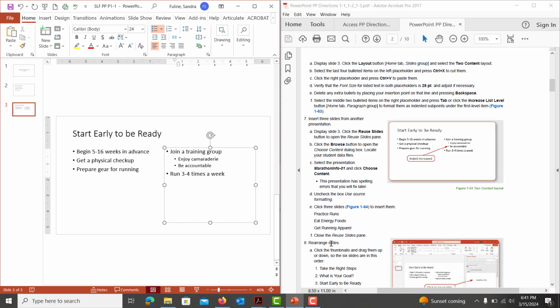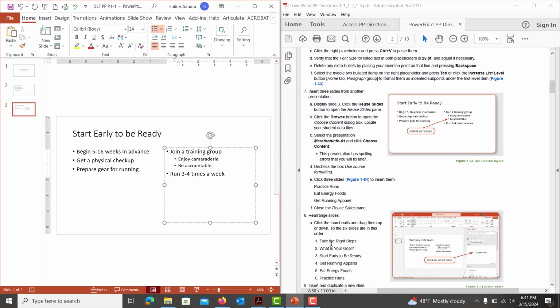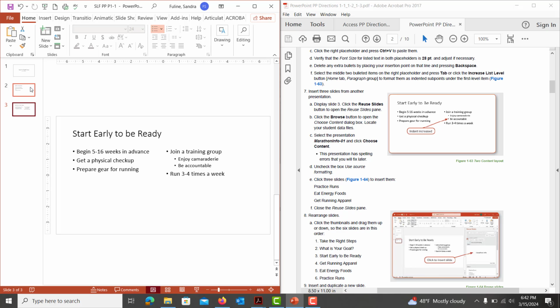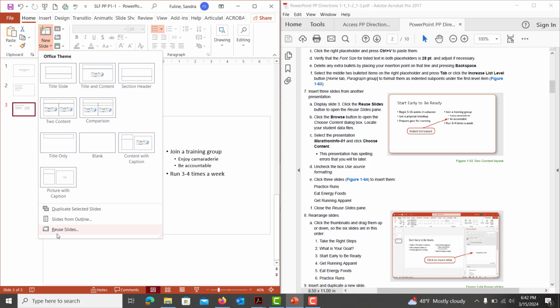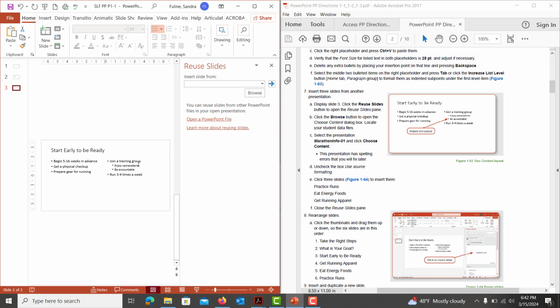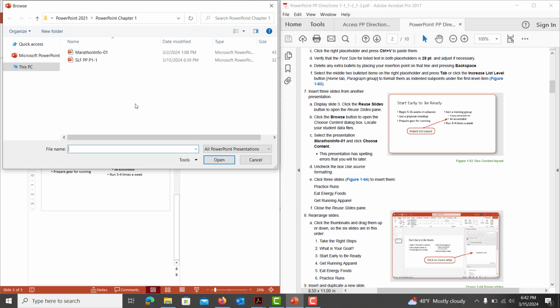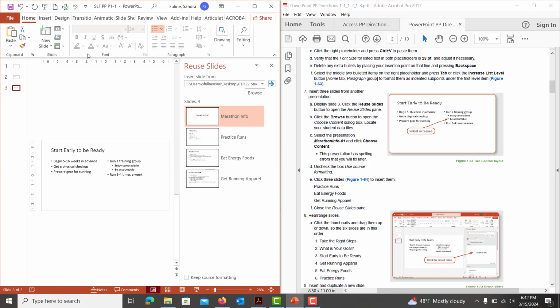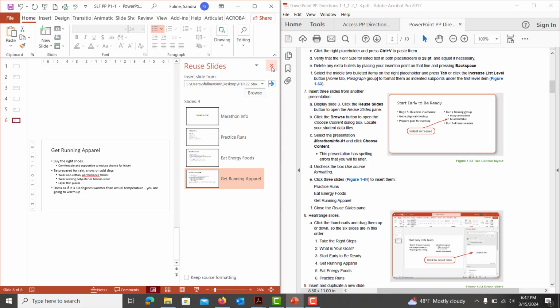On number 7, it asks us to insert 3 slides from another presentation. So we are on slide 3, and I like to just click back on 3 to make sure I'm on the entire slide. And we're going to go into new slides, and we're going to go down to where it says reuse slides. Inside here, we are going to navigate to our PowerPoint Chapter 1 folder, and we're going to look for the marathon info. So we're going to double click on that presentation, and it wants us to click 3 slides to insert them. We're going to click practice runs, eat energy foods, and get running apparel. Then we're going to close out of the reuse slides,